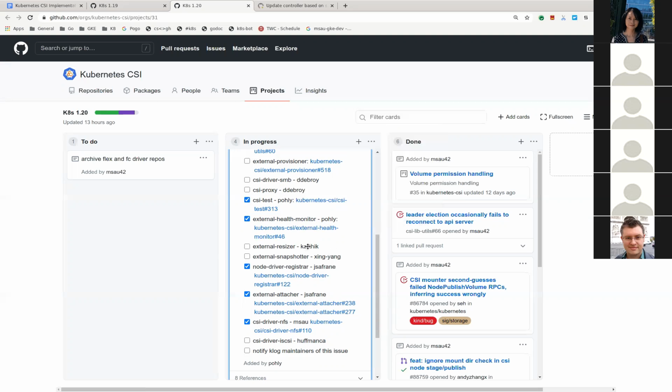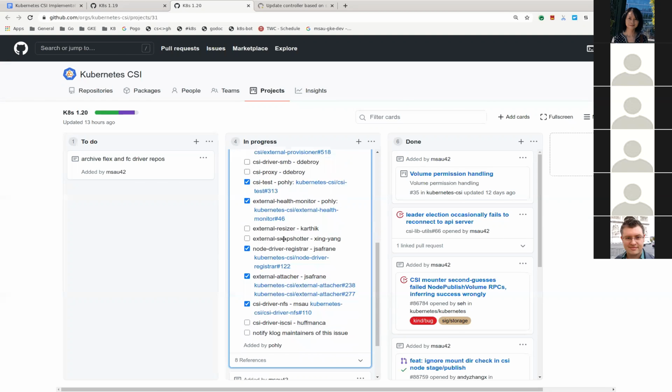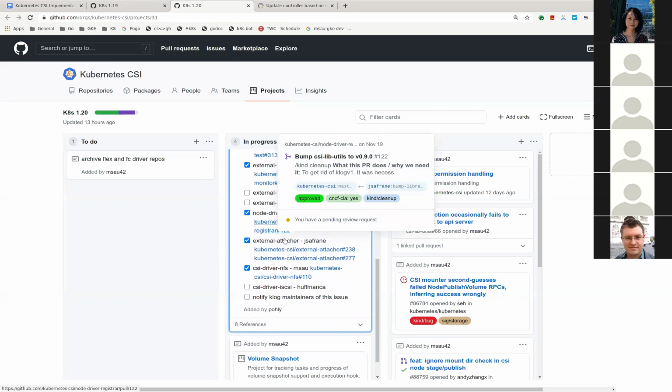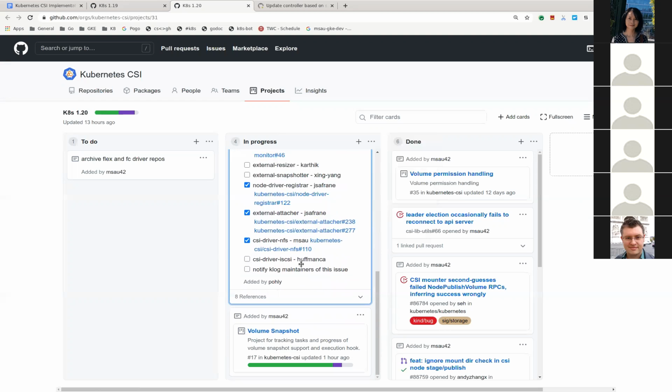Karthik also agreed to look at external resizer. And then Xing, you have a snapshotter on your plate. Yeah, I just need to update the UTs thing. I need to take a look and see how that's done for other sidecars. Sounds good.